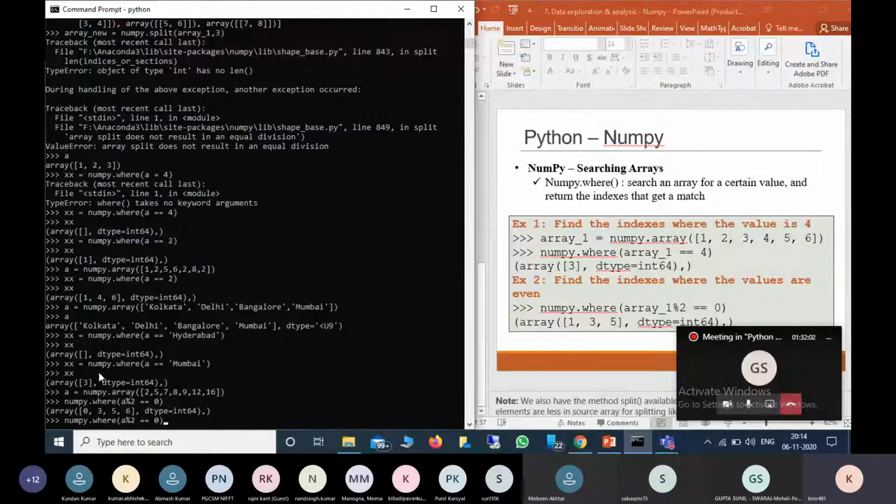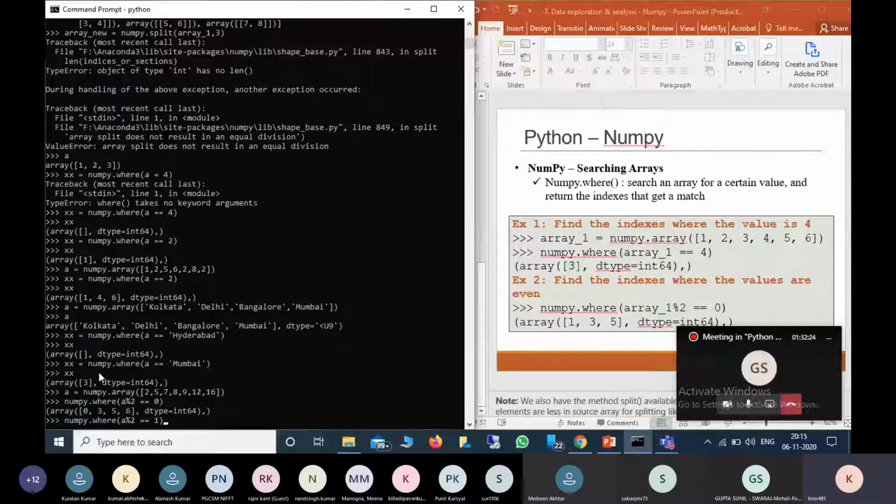So if I want to check which elements are odd, this one I can do. Because if it is not 0, then we can say absolutely it is an odd number.